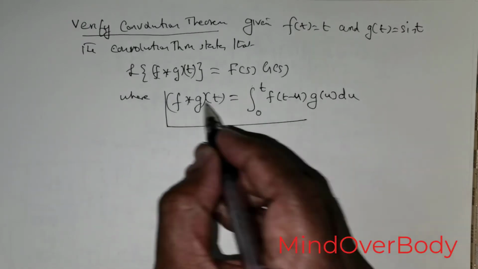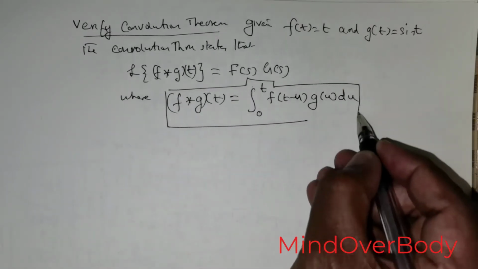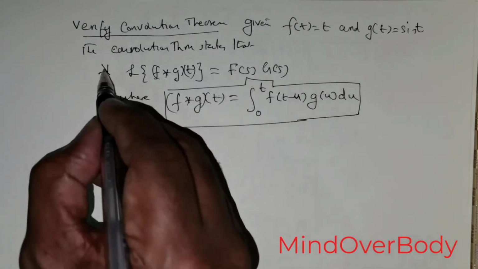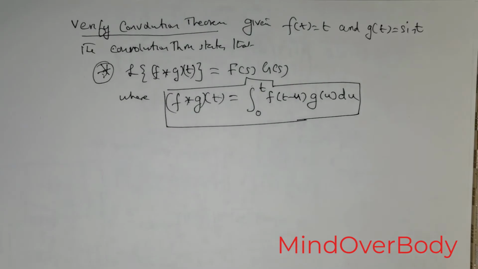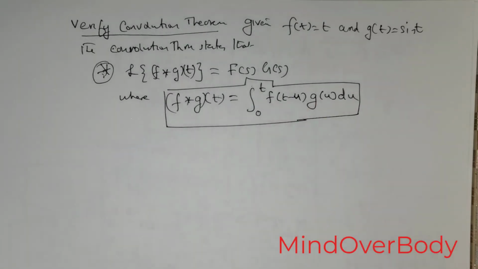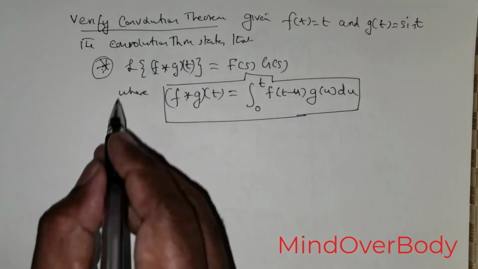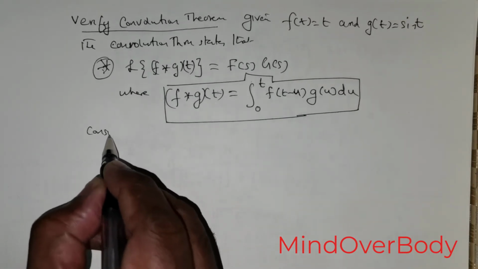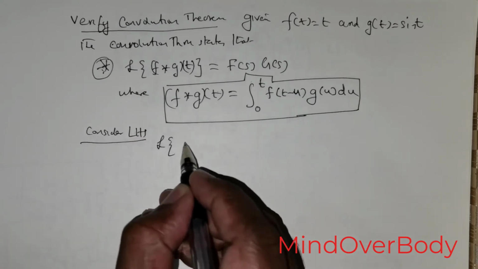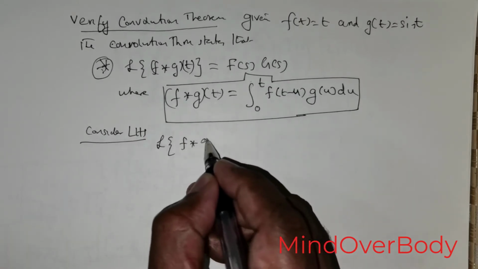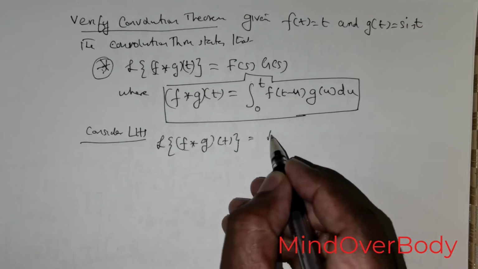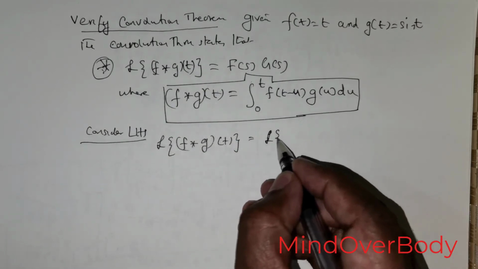So this is very important. Now what we are going to do is prove this, with the function f of t being t and g of t being equal to sine t. So foremost, let us consider the left hand side. So we have the Laplace transform of f star g of t, which can be rewritten as the Laplace transform of,